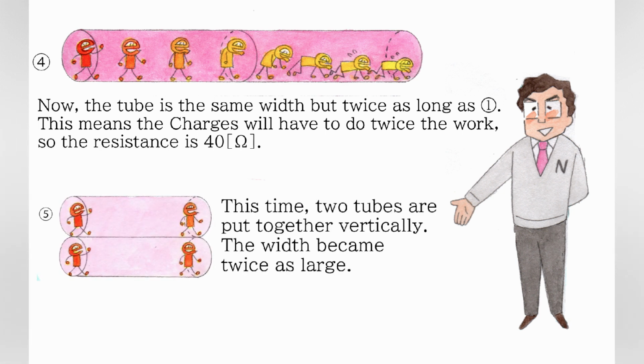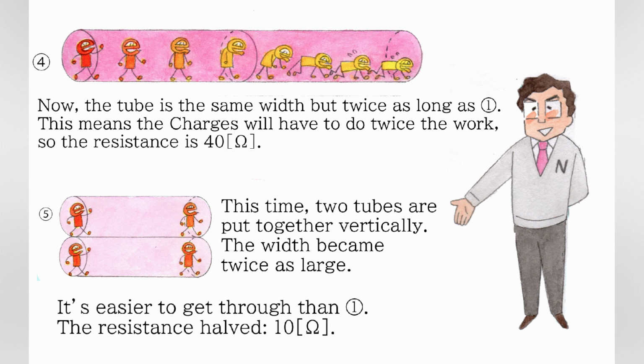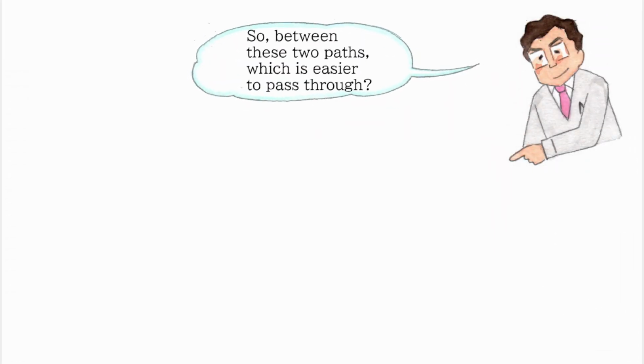This time, 2 tubes are put together vertically. The width became twice as large. It's easier to get through than number 1. The resistance halved to 10 ohms. So,